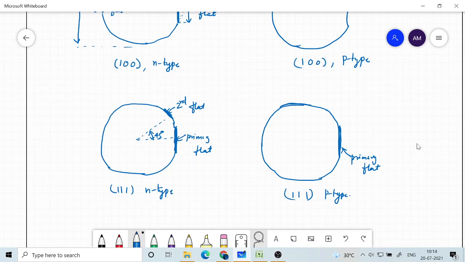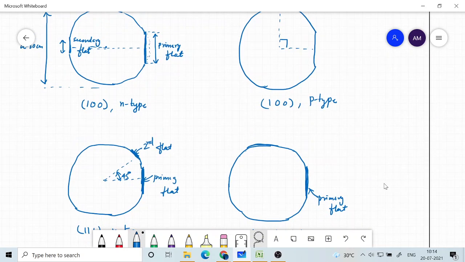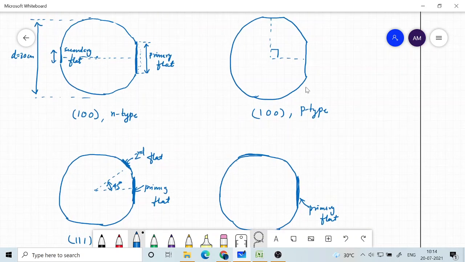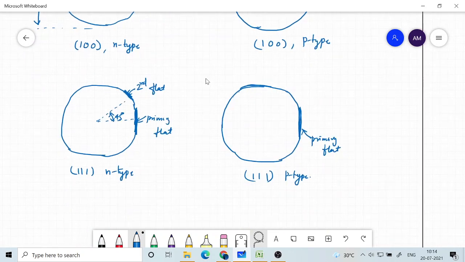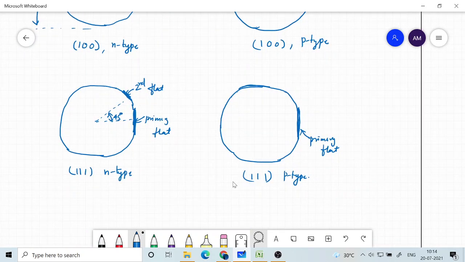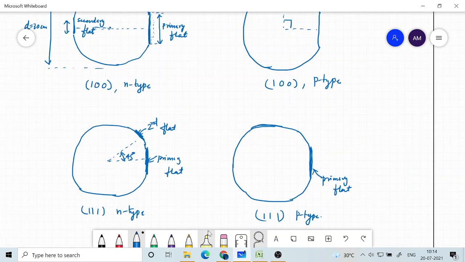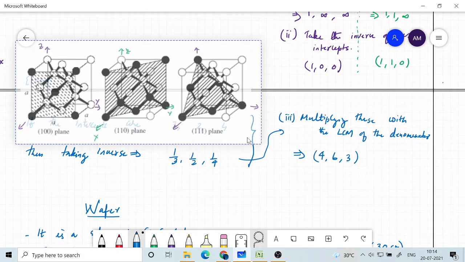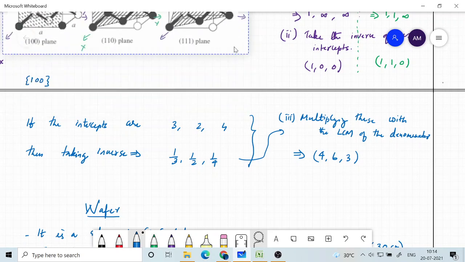Okay. So these are some examples. There are also other cases like 110, but it is very rarely used. The most popular one is basically 100, the first two. They will have cuts either 180 degree or 90 degree. And then secondly, the next mostly used case is 111, and there is a reason why we are preferring 100. To see that, you need to again go back to this diagram